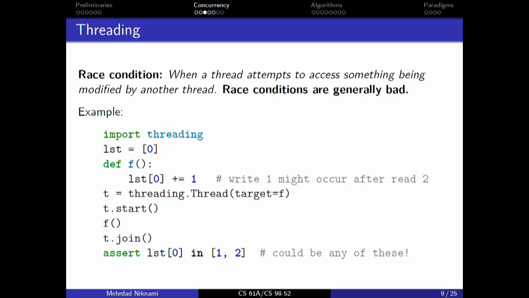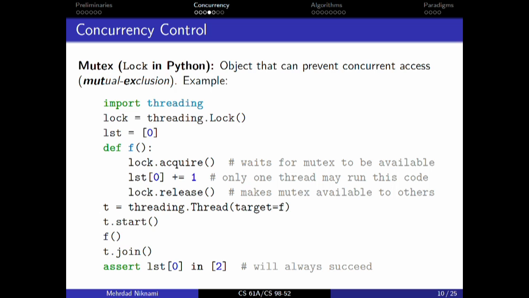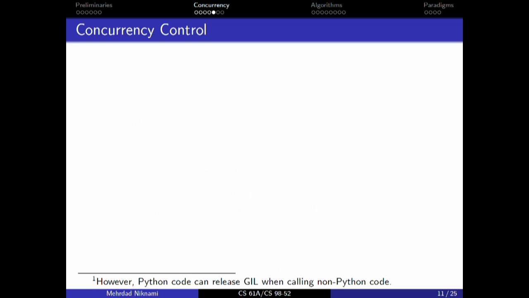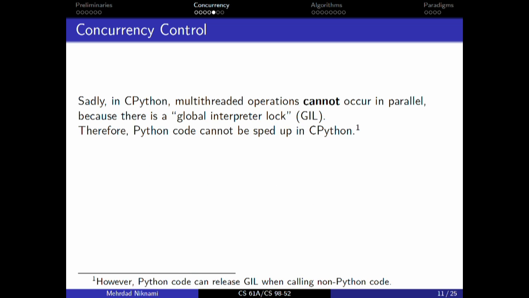No? OK. So this is a way to prevent concurrent access to the same object, and locks are used a lot. They can get tricky. I'm not going to go into that. You'll see these in 162. But that's the idea. Now, it turns out in Python, or at least in CPython, which is what most of